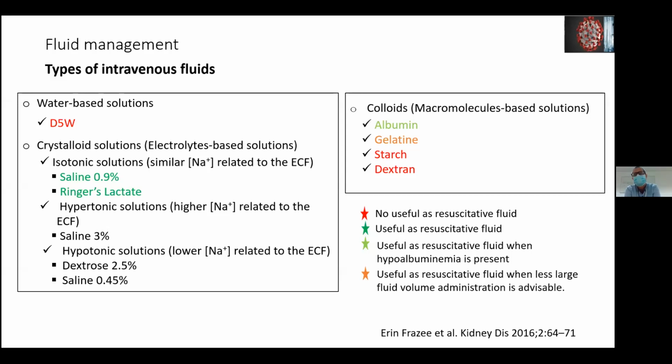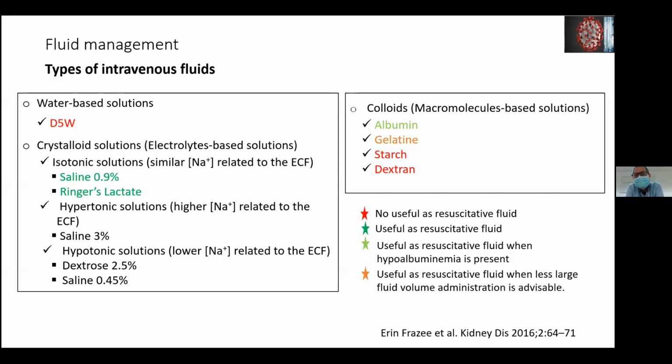Among those, we have albumin, the most common and widely used, which is only used in resuscitation when there is coexisting hypoalbuminemia. That is the only situation where you use it, because it is more expensive,